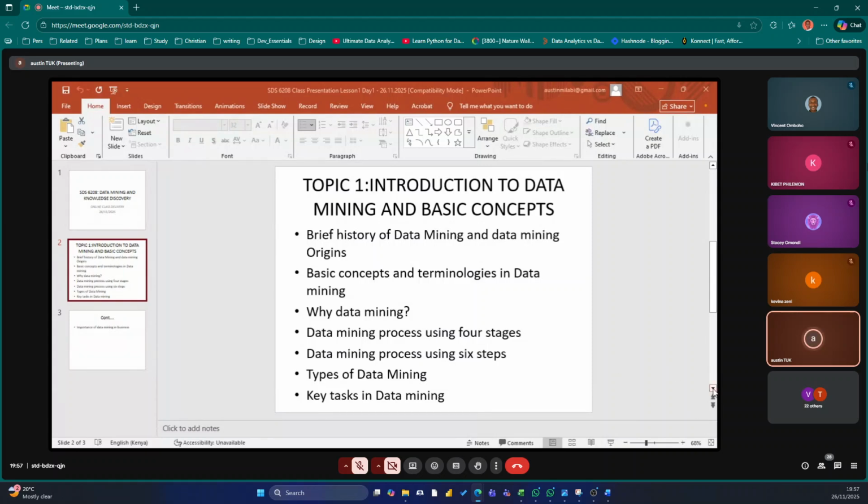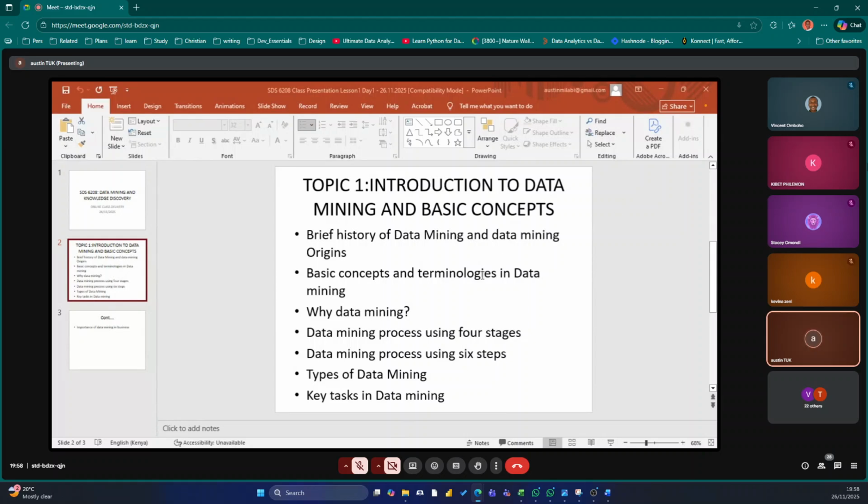So when we talk about these two types, predictive, then the techniques you can employ in predictive, I may repeat them. One, you can use prediction technique, or you can use regression technique or classification technique.